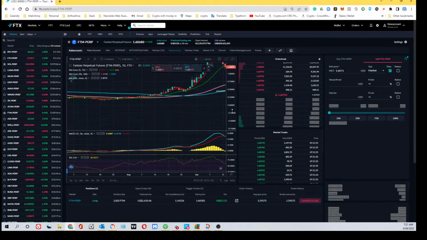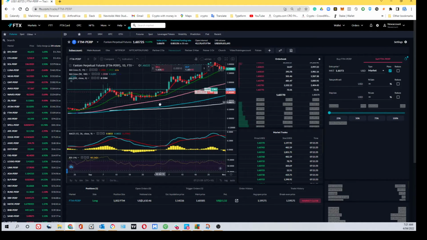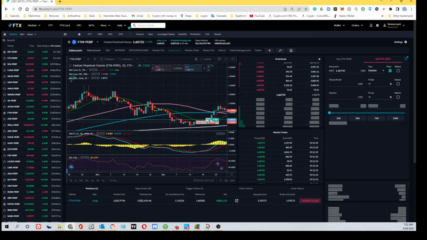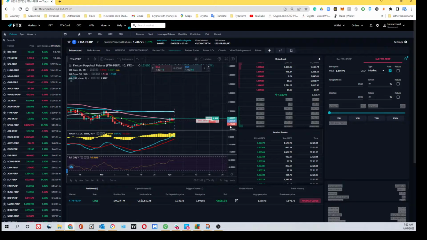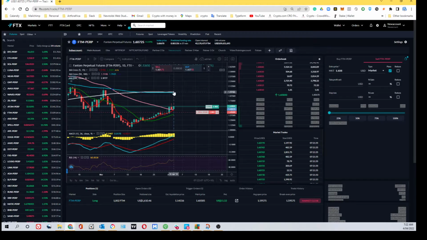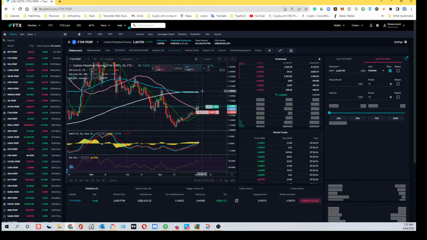Then the next one is the 200. If we scroll right back to today's date, there's that 200 marker. We've actually got the 100 and the 200 there as well. So that's why they're saying this coin quite literally is heading towards $4.50, is where they believe,